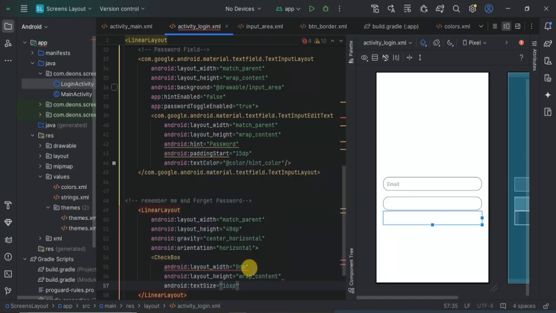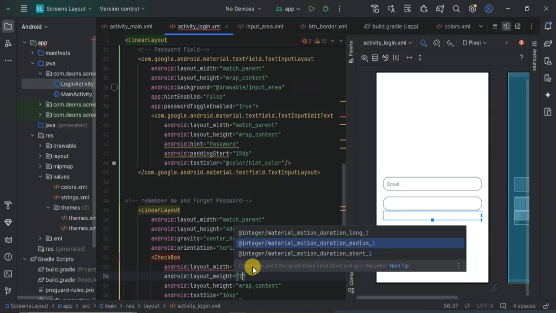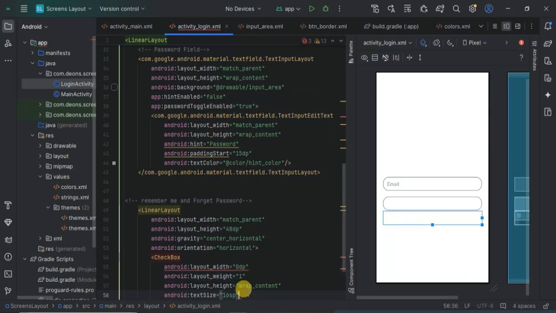You see that we are having a red line here showing that there's an error. That is because whenever you set the width of a particular widget to 0, you need to describe the layout weight. So I've set that to 1 and that should fix that error. All right. Let's continue. Then I'm going to have the text remember me on my layout screen. So I'm just going to take the